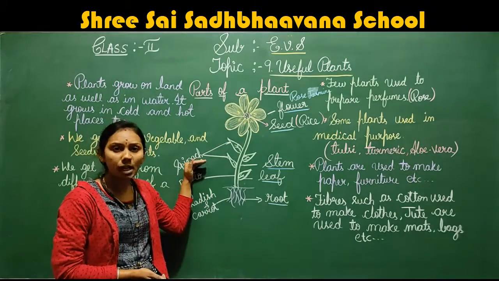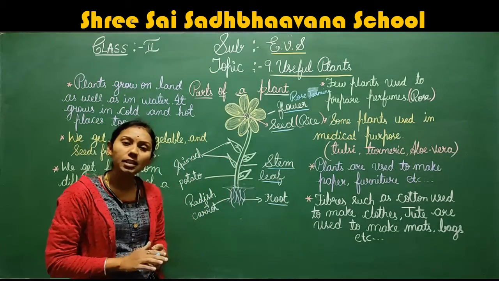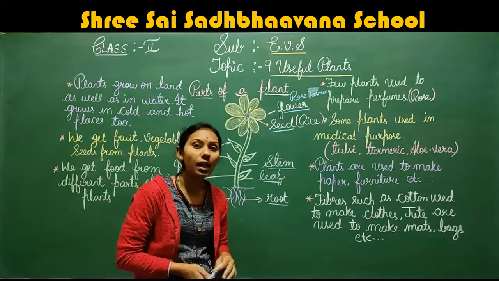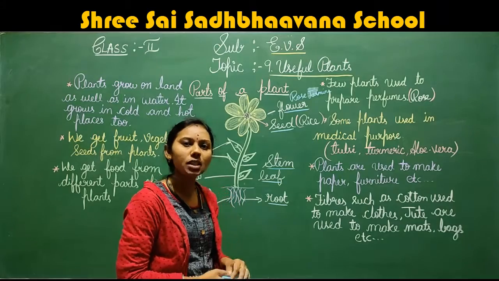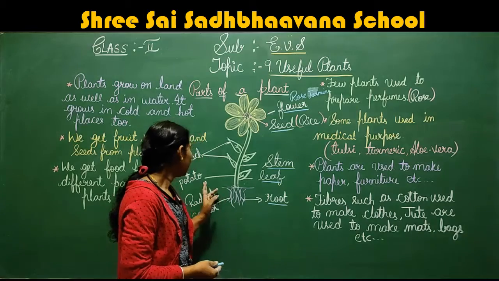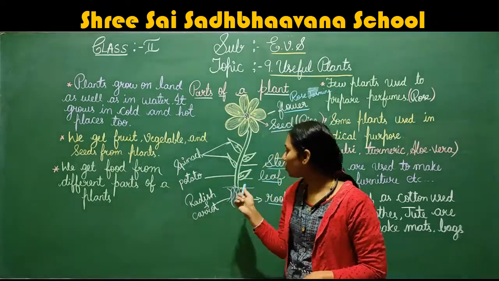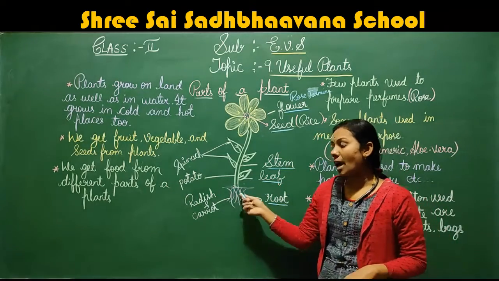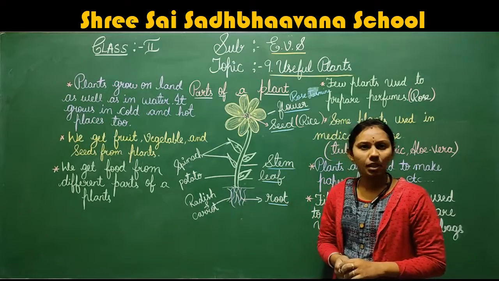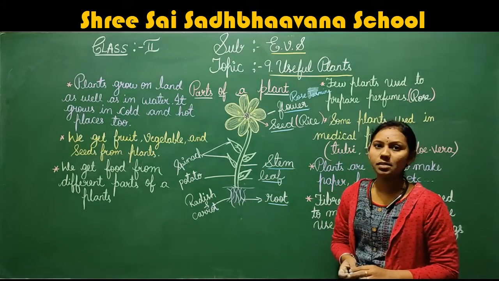Next, we can get the spinach. Spinach from the leaves. Have you seen the leaves? Yes, we'll get the spinach from the leaves. Like cabbage. Have you seen the cabbage? Okay, like that. Next, potato we can get, a vegetable. Then radish and carrot as the root vegetables we can get. Yes, no children? Radish, carrot, these are called root vegetables.